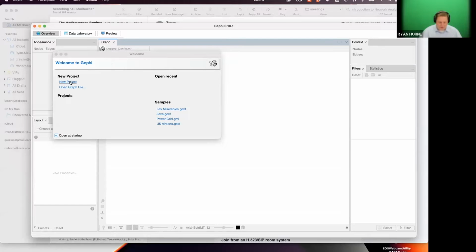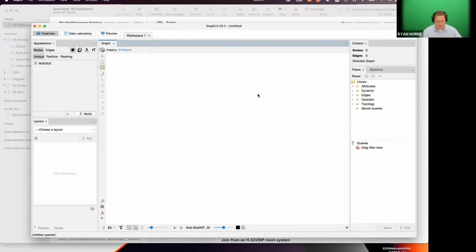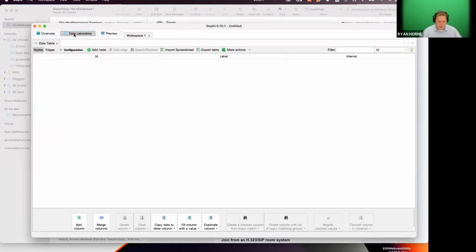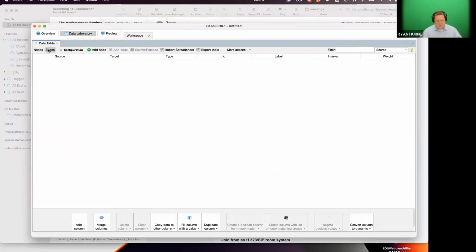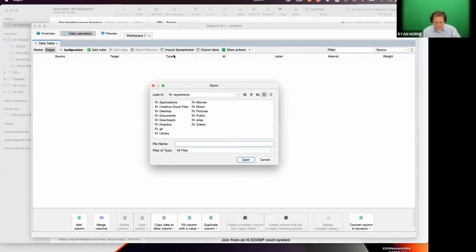You'll see that if we have a new project, we've got a nice little blank screen and we've got really just nothing there. And that's fine for what we're doing at the moment. So if you're using Gephi, we can go to Data Lab, and we want to import a spreadsheet. And you can see it has nodes and edges. Now, the one that we're grabbing is an edges table because it's showing, again, a node and another node and saying that there's a weight for that relationship. And so if we downloaded our CSV file,